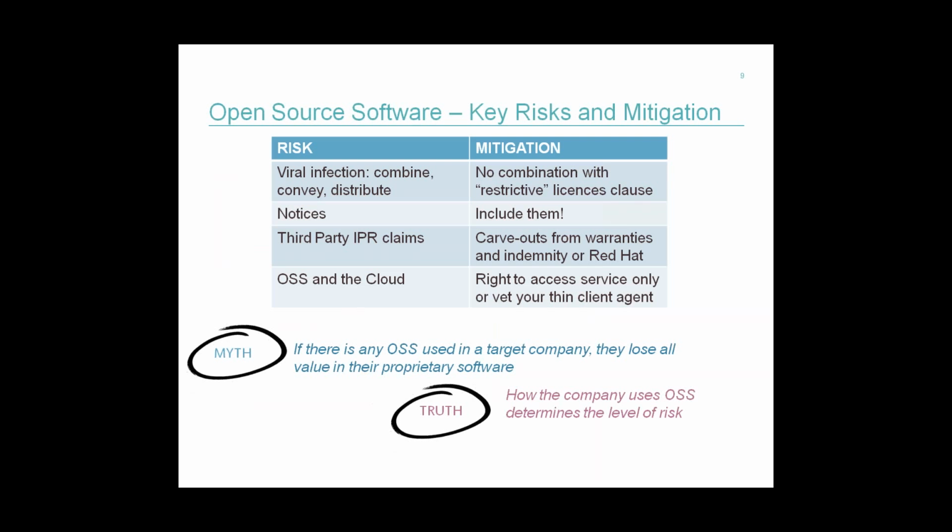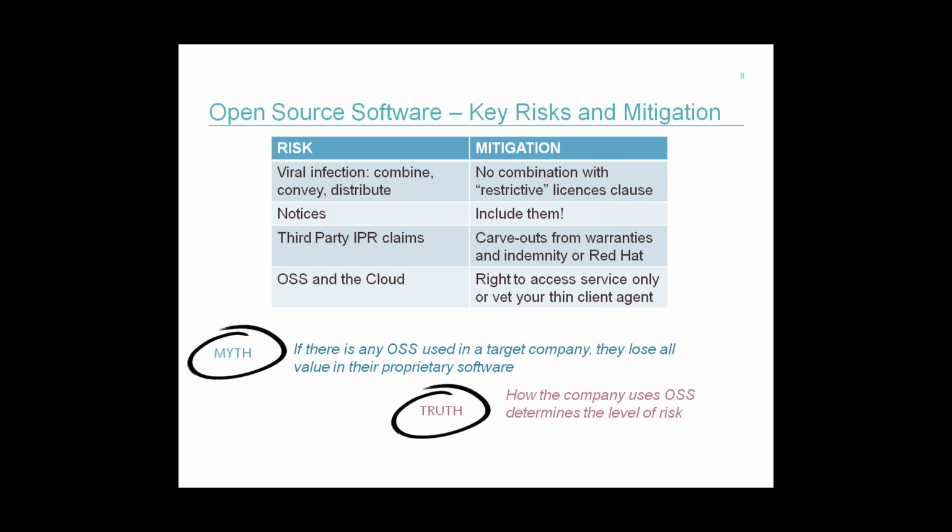We've touched on some of these risks and some of the mitigations. The main one with the viral infection is, I guess, know what you're doing, or get your developers to tell you what they're doing, and consider, when you're engaging with software integration houses or people doing any coding for you, to have some warranties or obligations in there that they don't use any open source code which is subject to a restrictive license, because that's where you're going to get into some trouble. There's obviously the general compliance obligation under almost every open source license, which is just include notices. There's no real mitigation to that other than just make sure you include them.